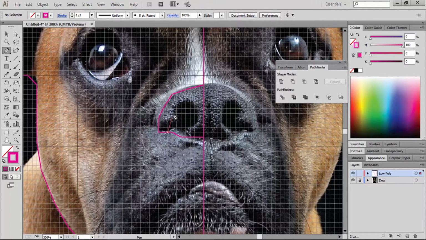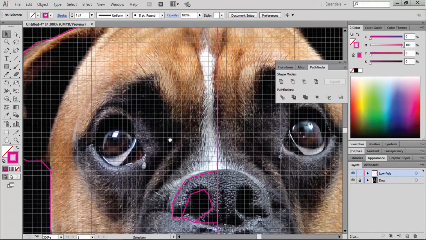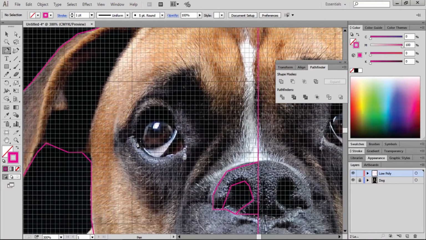Just drawing these lines, and let's create the inside of the nose. Just make sure that you click on the points and not on the half of the path. Let's now do the eye. The eye, we have to try to make as many points as we can because we need to be very detailed about the eye.